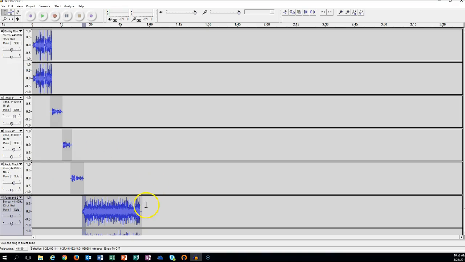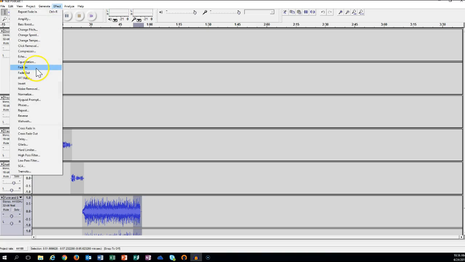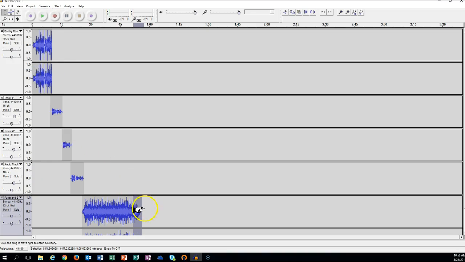And at the very end, you'll notice that the music just ends abruptly. I can shade in or highlight the last couple of seconds, go to Effect, and hit Fade Out. Now, it'll just gradually finish. So I have my introductory music, audio track 1, 2, and 3, and then my final closing piece of music. I make sure that I hit Stop and go back. And if I hit play,